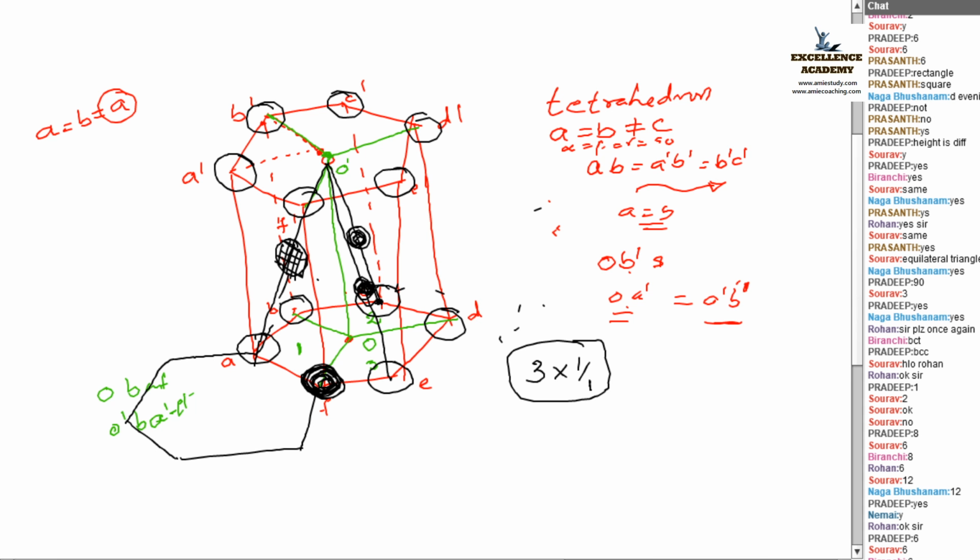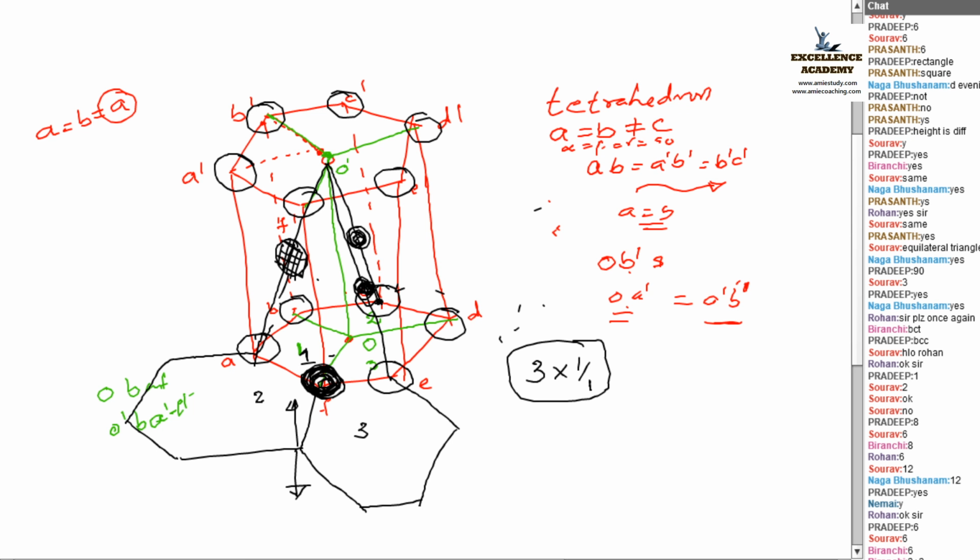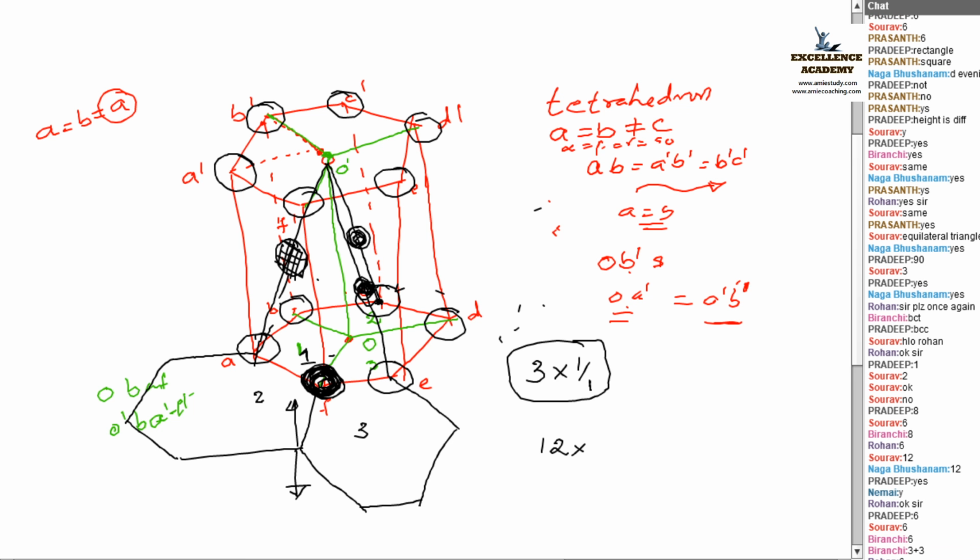Okay. Another hexagon is drawn. And next another hexagon is also drawn. So this corner atom is shared by how many hexagons there? You can see 1, 2, and 3. These hexagons can grow towards upwards as well as towards the bottom. Am I right? Hence how many? 3 towards the top and 3 towards the bottom. Shared what? 1 corner atom. Got it? Total of 12 corner atoms are there.